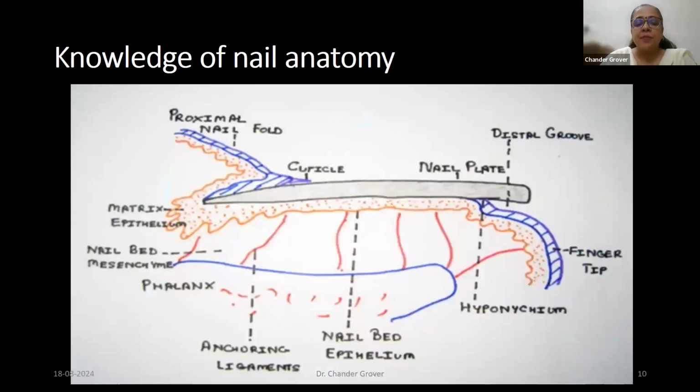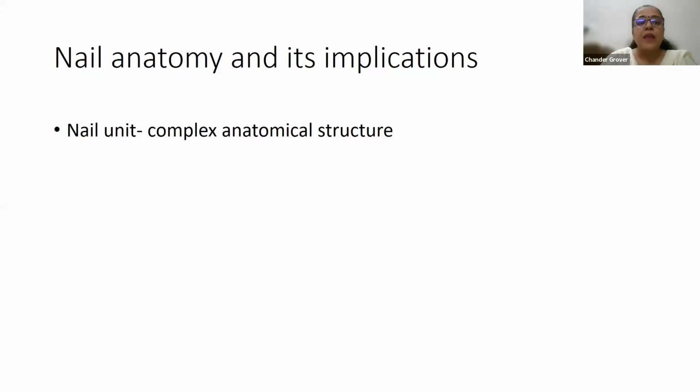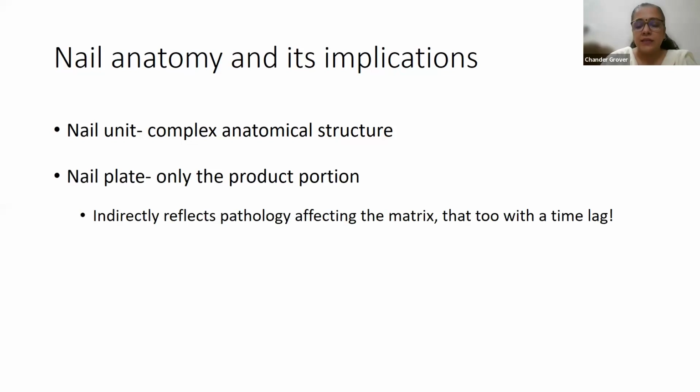The sagittal anatomy, I'm not going to read out the anatomy to you. I'm sure all of you know that, but it is important to understand. That is why the figure is here. The implications are something which I would like to stress upon. It's a complex structure. In less than, let's say, 5 square centimeters or maybe even 2 square centimeters, so much is packed. There are so many individual anatomical units that you have to take care of.